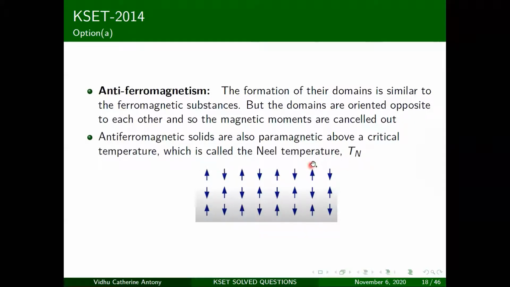If it is above this critical temperature, called the Néel temperature, it is going to become a paramagnetic material. So how do you take this antiferromagnetic material and make it a paramagnetic material? You put it above the Néel temperature and you end up getting a paramagnetic material. What you see is these are all equal. The vectors that you see here are all equal, so they get cancelled out in your antiferromagnetic material.